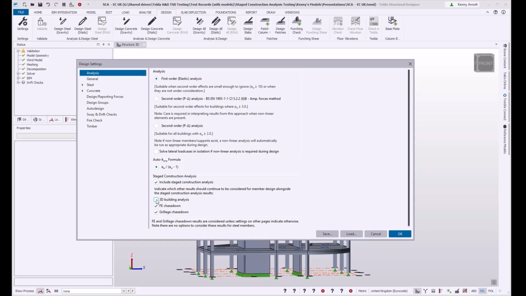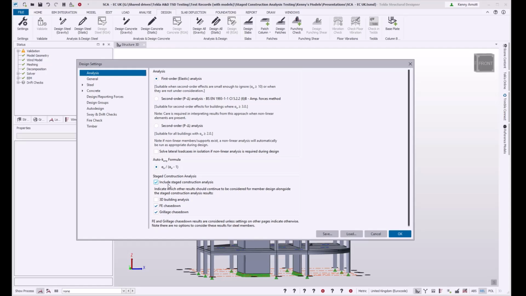So 3D building analysis was at one end of the envelope and the chase downs are at the other. When we include stage construction analysis, the default situation is that we stop thinking about 3D building analysis, but we still include the chase downs. Again, you've got options here, and again, I'm going to talk about this in more detail in the later webinars.